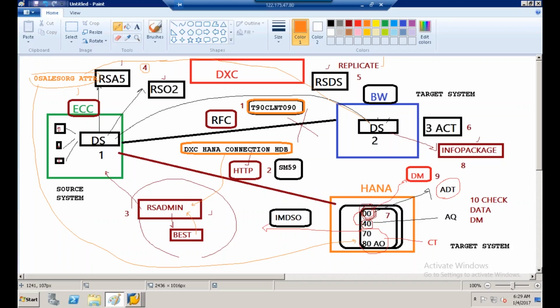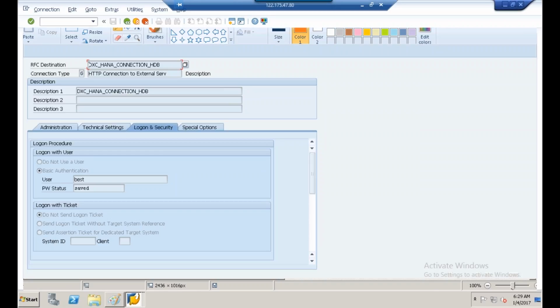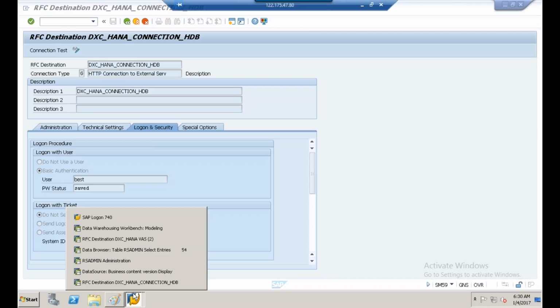Next one. How and where the schema is maintained in RS admin. So how do we maintain the name of schema in RS admin? By using the program. So if I go back and if I open this program, SE38,